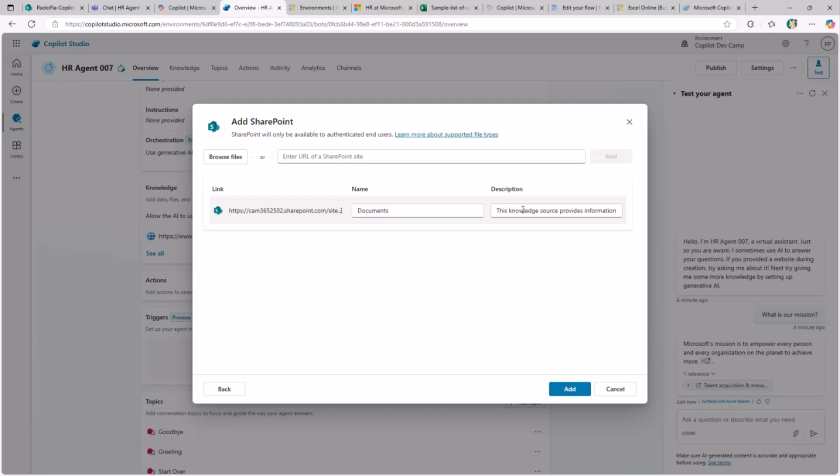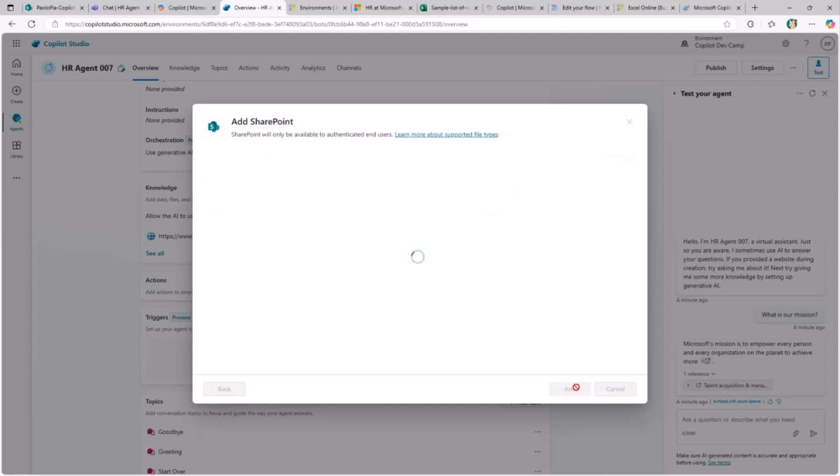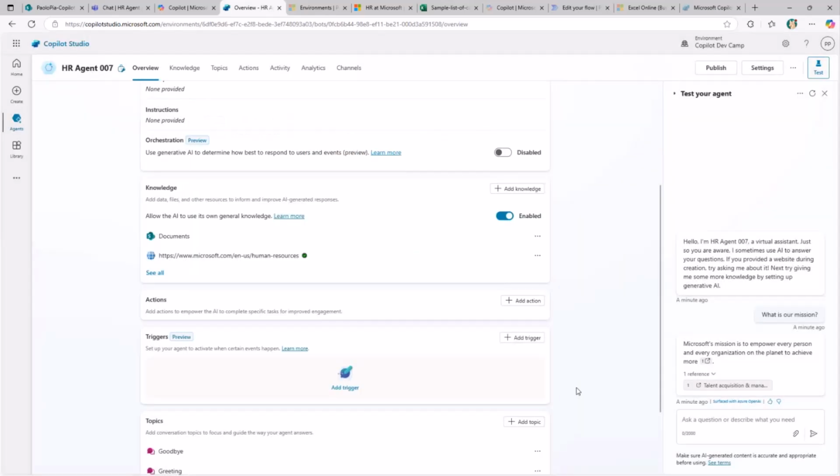If you provide a proper description here, you will help Copilot Studio find a better answer for your end user. Now, for the sake of saving time, I'm not going to expand the description provided out of the box, but in a real solution, you should keep into account that you need to provide a proper description for your data sources.